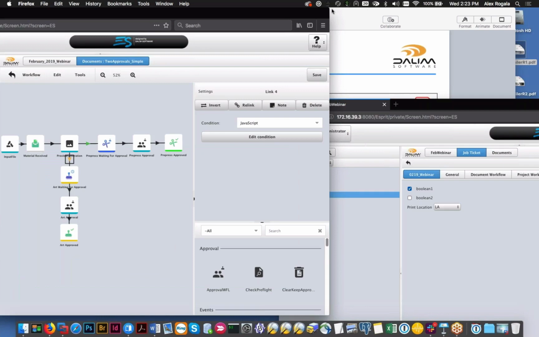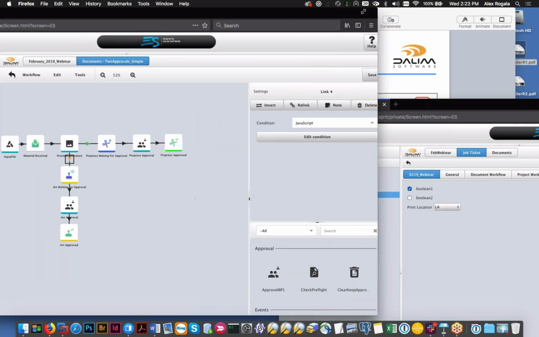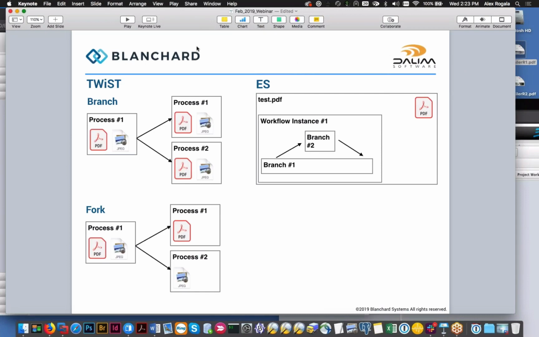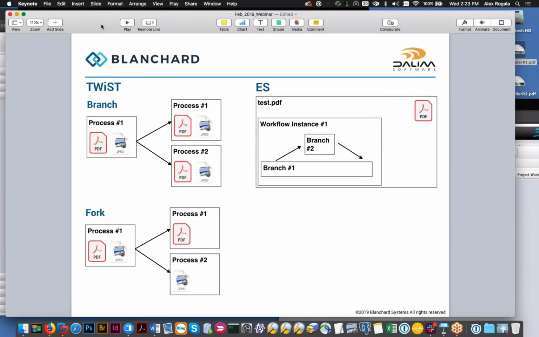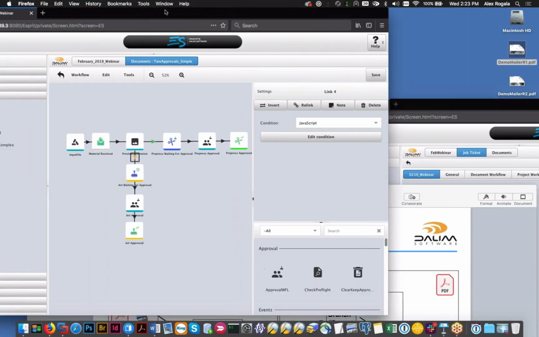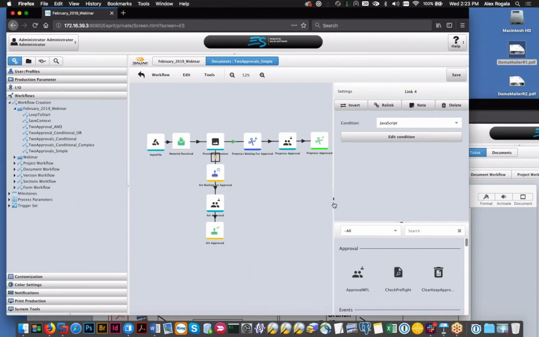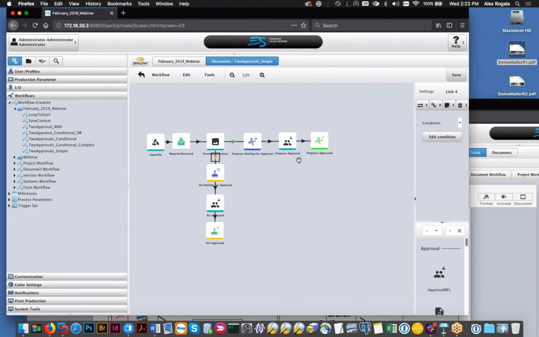But the one thing we're running into here is that in a lot of these examples, we're not really grouping back up like I was showing here. We've still got two separate branches that don't really fit together. What would we do if we had a situation where, once both these approvals were done, we wanted the workflow to merge back together and tell you that it was complete with a specific step? Instinct might say that you just put in another milestone like delivered and then link these up. But that's where we run into the problem of